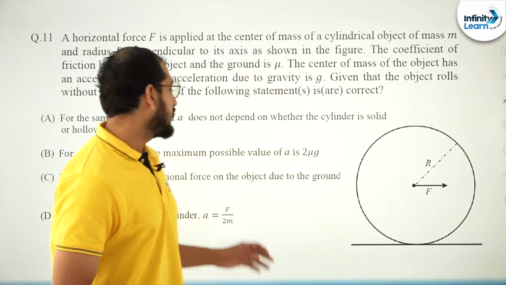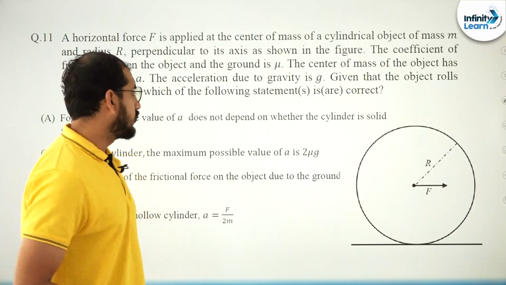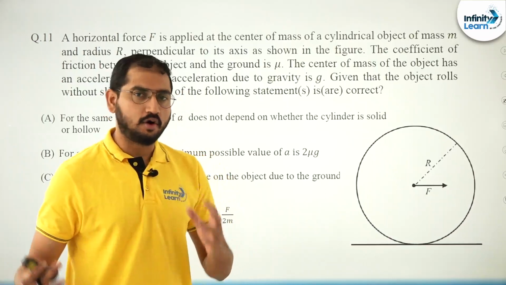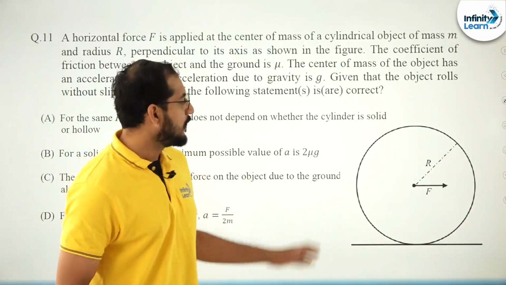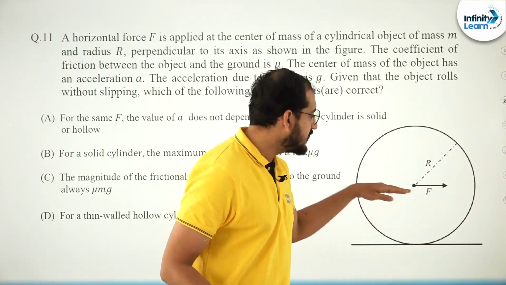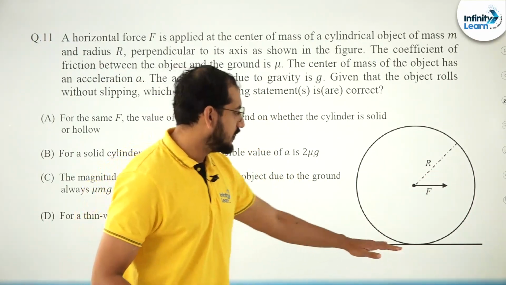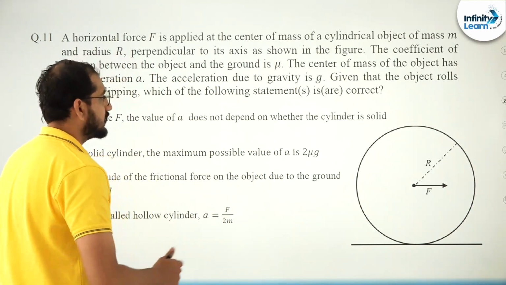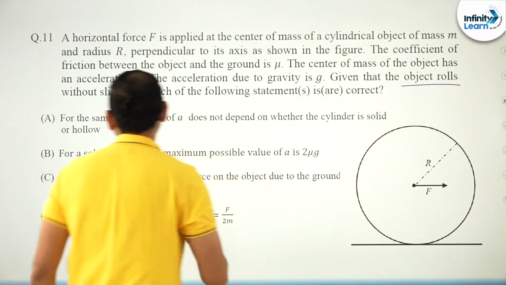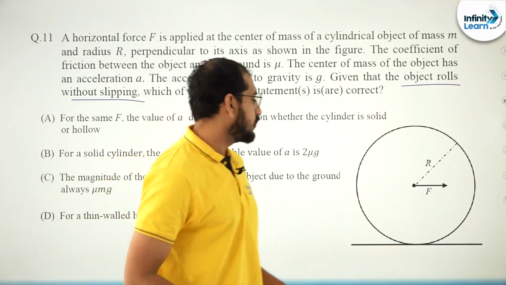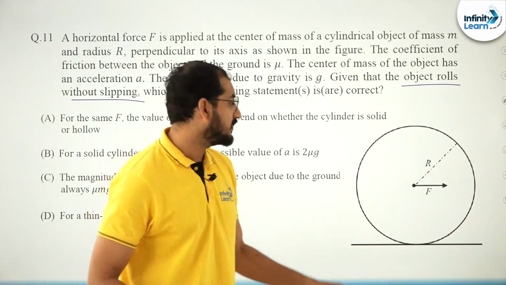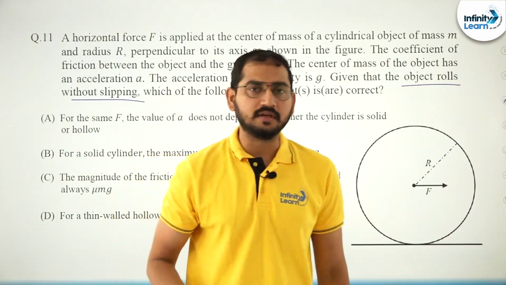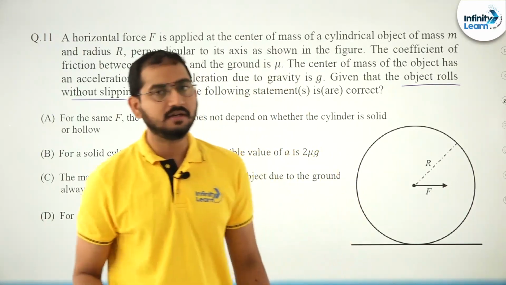This question is a rotational dynamics question. The question says that we have a cylindrical object. It could be a solid object or it could be a hollow object. On this object we have applied a force F directly at the center. The bottom surface is rough, and it is also given that we have to obey pure rolling motion, so friction will also act on this object. Due to that friction, angular acceleration will appear, so a equal to alpha r is what we ultimately need to satisfy.